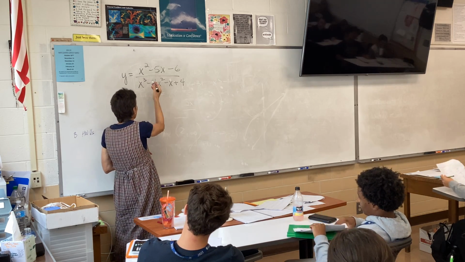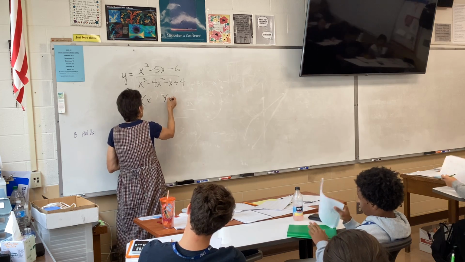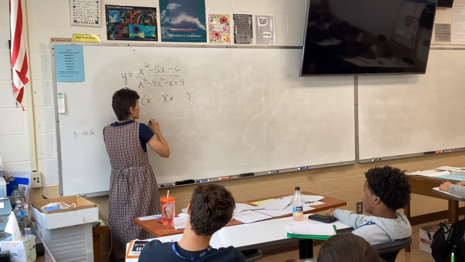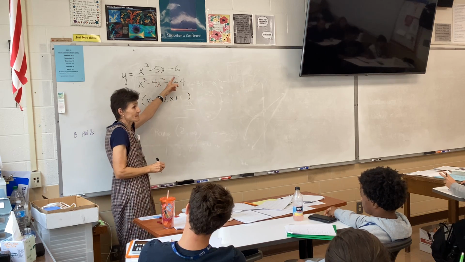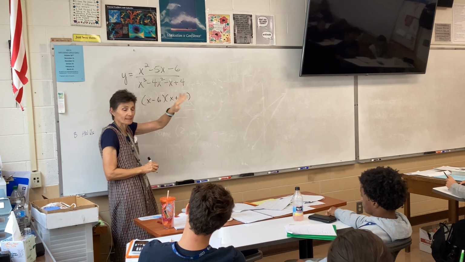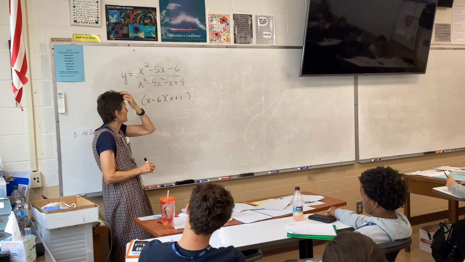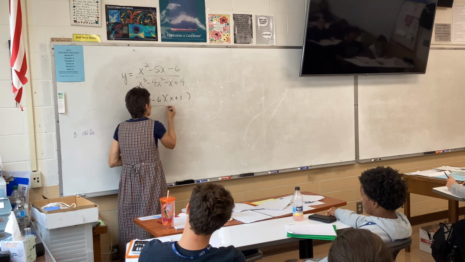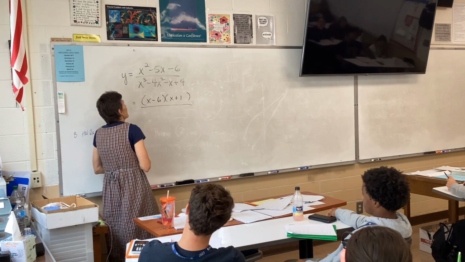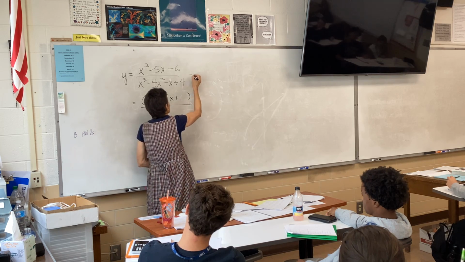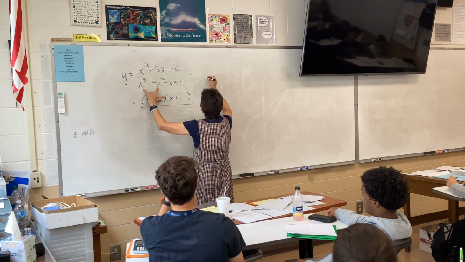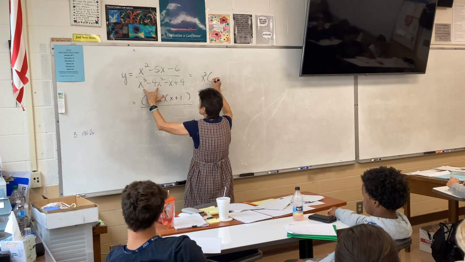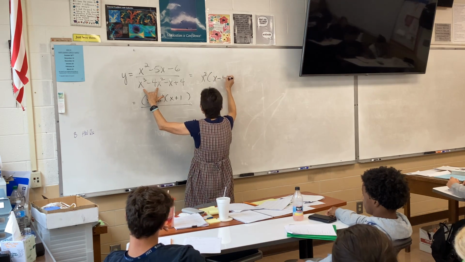So the top factors pretty readily into x minus 3, x minus 2. Okay, good. Sometimes this 5-6 combination trips us up, but we can catch you guys. All right, what about the bottom? That's going to be factor by grouping. So what am I going to do here? x squared, x minus 4,